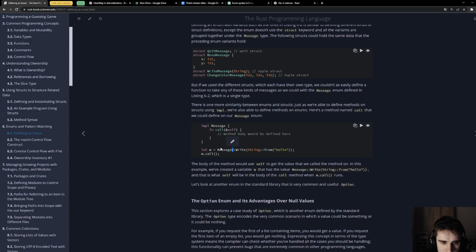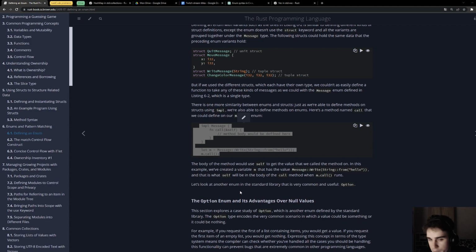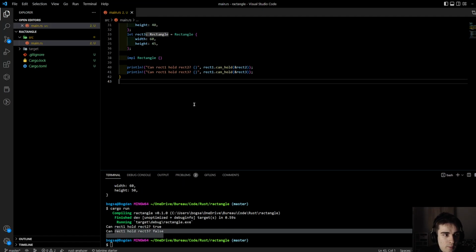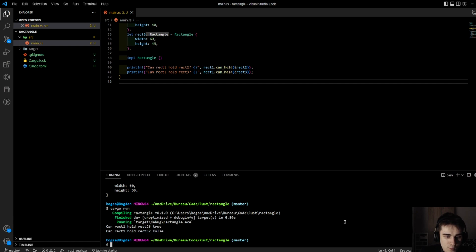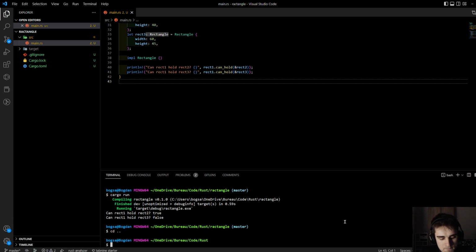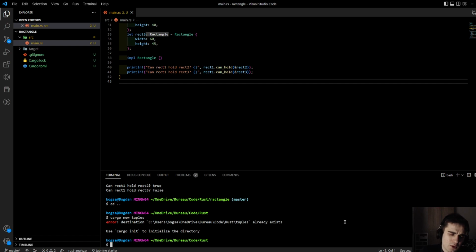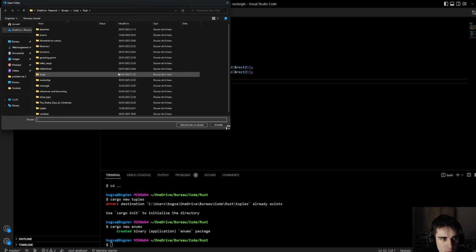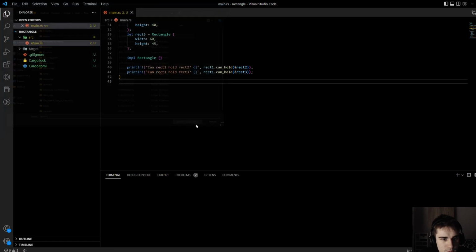And can you chain? I'm actually interested to test what it's doing. Cargo new enums. Open folder enums.